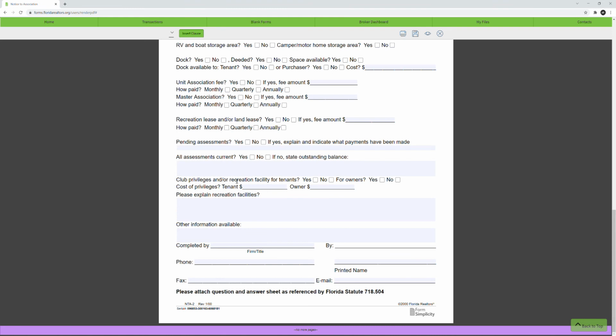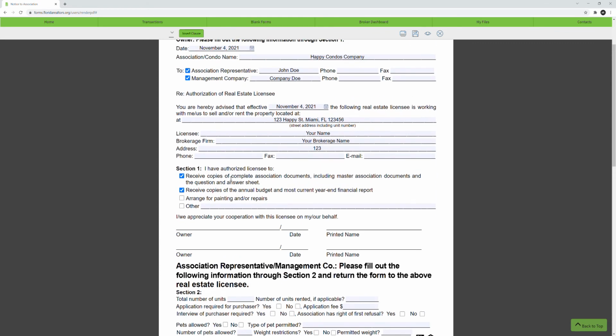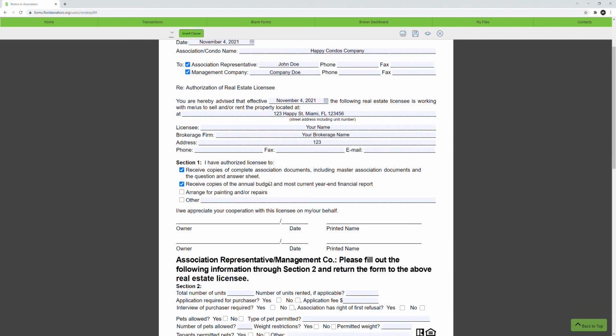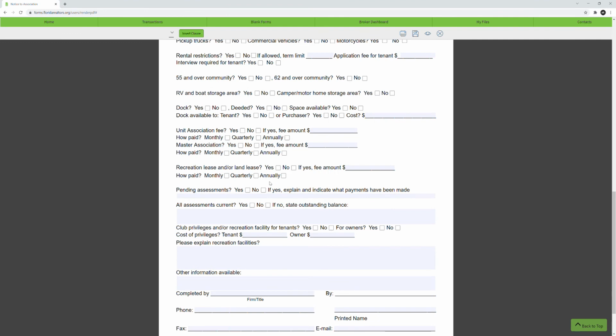Now there's many other questions that you could ask that's not listed on this sheet here, and you'll have to just collect that information as you go, or you could get it from the association documents as you've requested here. Usually those documents are a lot of pages and you have to go through it all, and you just have to know what type of questions you're looking to ask. Some of those questions may include